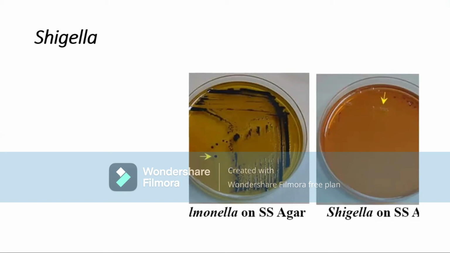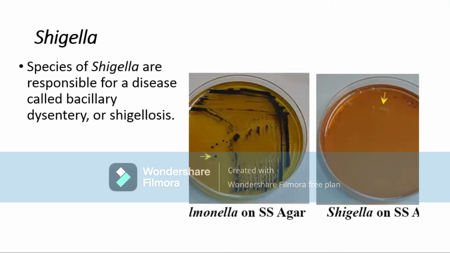Shigella is responsible for a disease known as dysentery, also known as shigellosis. Dysentery can be caused by Shigella, which is also known as bacillary dysentery. Another type of dysentery is amoebic dysentery, which is caused by Entamoeba histolytica, but the cause there is an amoeba. But here in this case, the dysentery is bacillary dysentery, which is caused by Shigella species. So this is also known as shigellosis, and you can see an image here, showing a picture